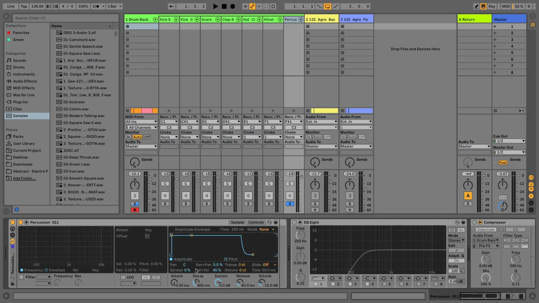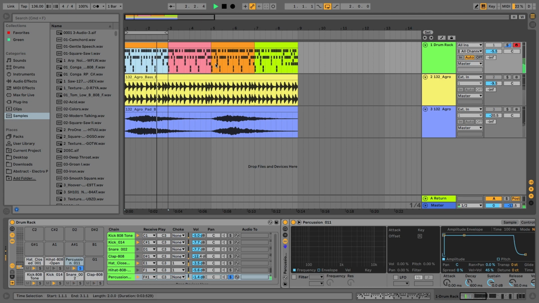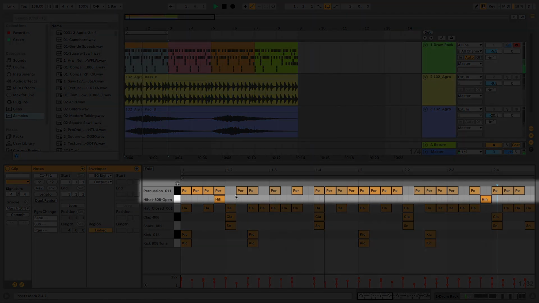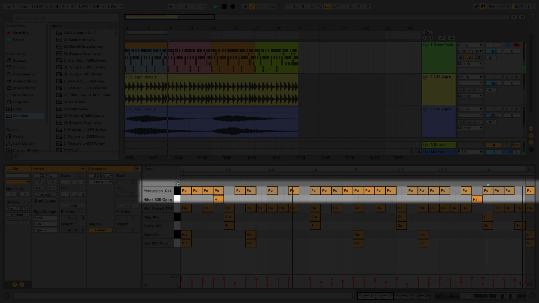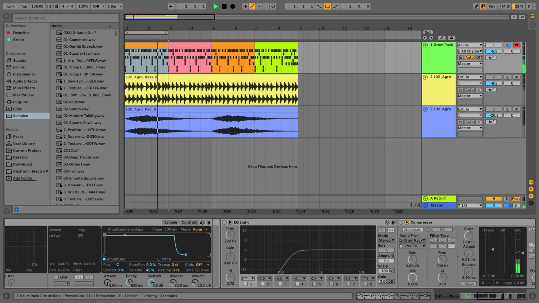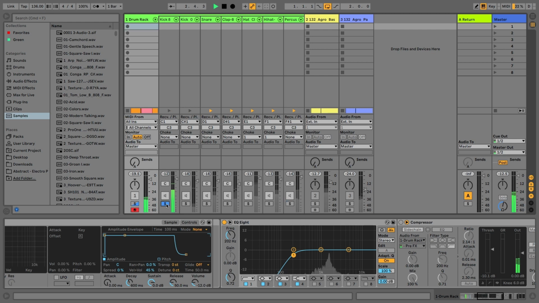This percussion is essentially providing a bit more groove. A classic rim shot would have worked just as well here. If we look at the programming, quite a lot of percussion hits within this 2-bar section. Lots of variation with the velocities to give it a nice dynamic feel. EQ. And then something I noticed when everything was playing,